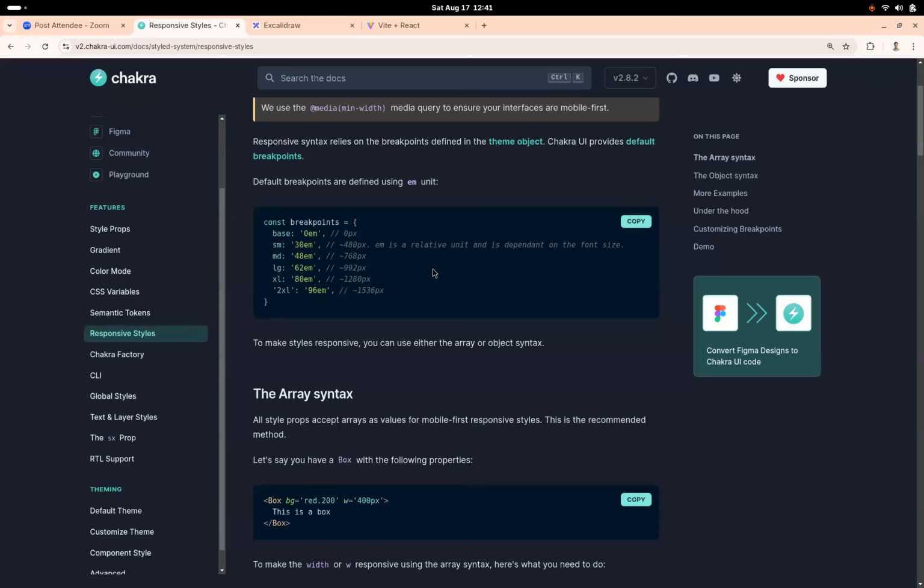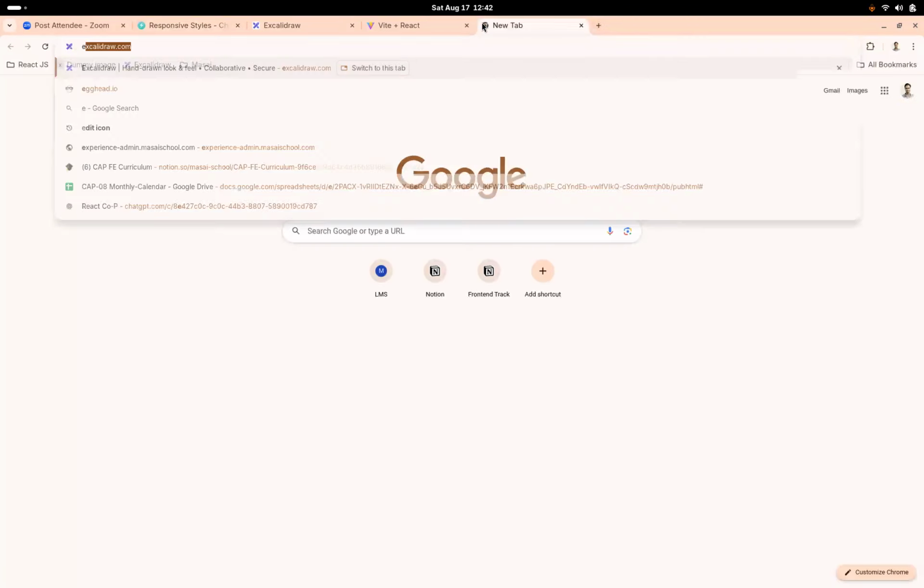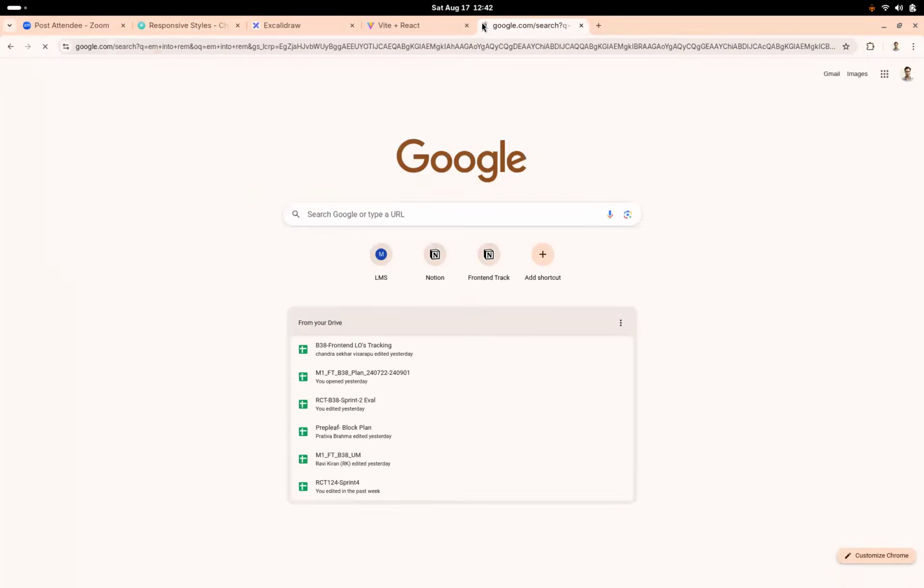EM, I'm not sure about EM. I remember REM used to be one REM equals to 16 pixel. तो EM, I think EM was supposed to be double of REM, right? एक सेकेंड, EM into REM,